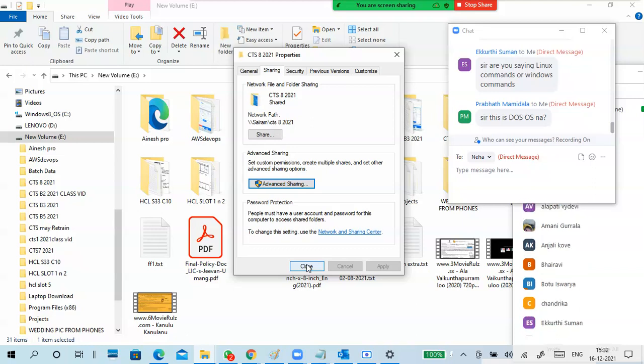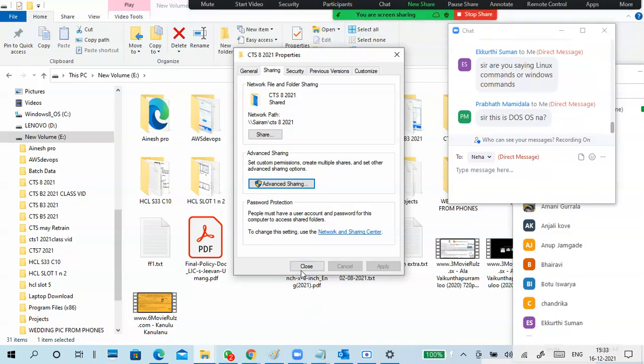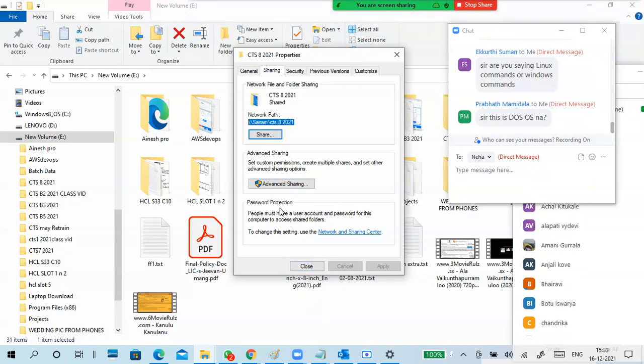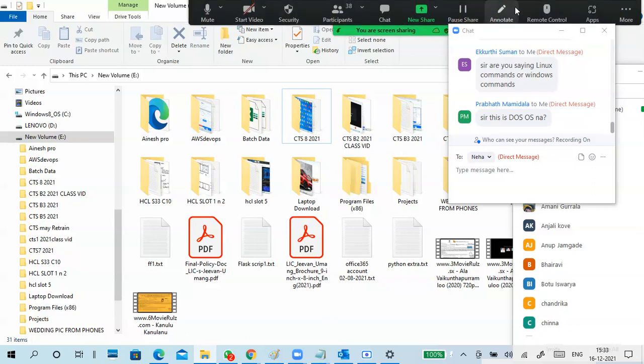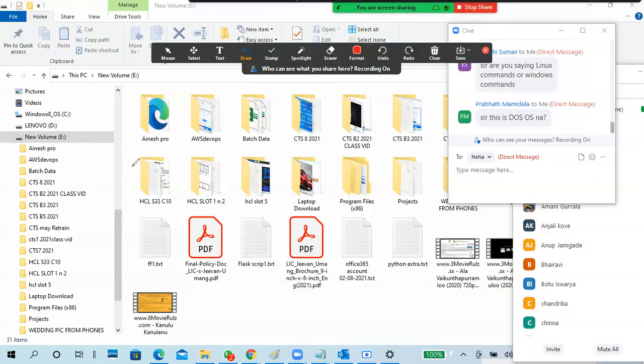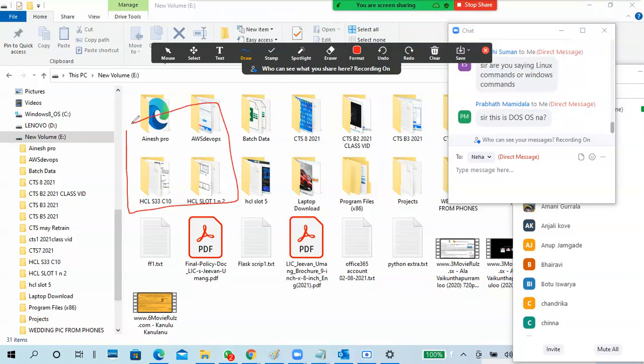Yeah, tell me. Okay, so this is a network path. Is this for sharing between user accounts in the same PC? No. If we share that link to any other PC, it can be accessible.